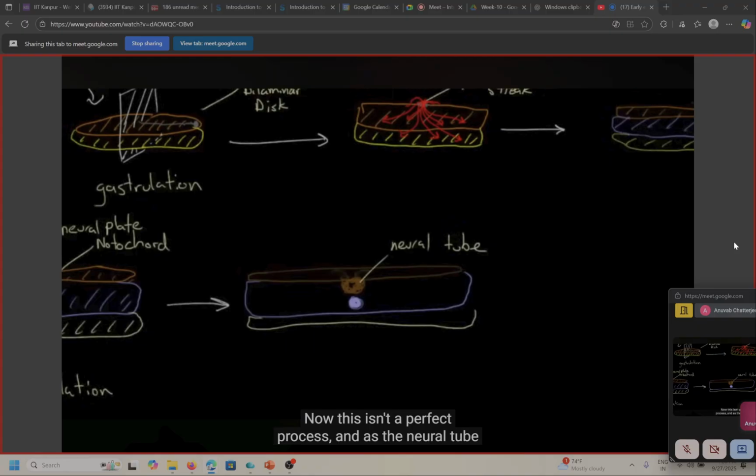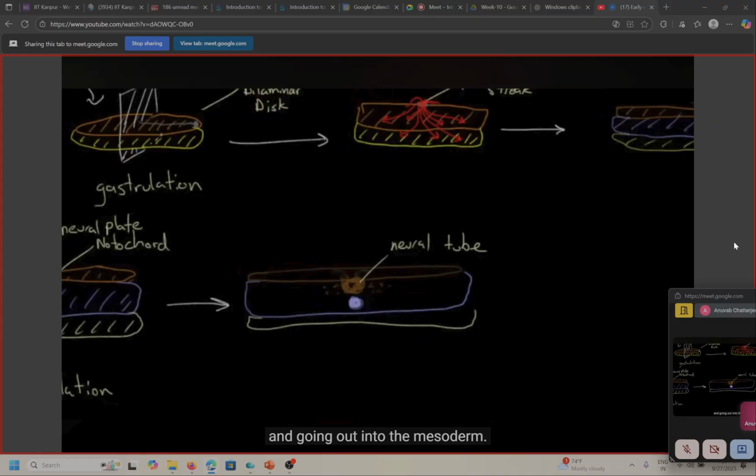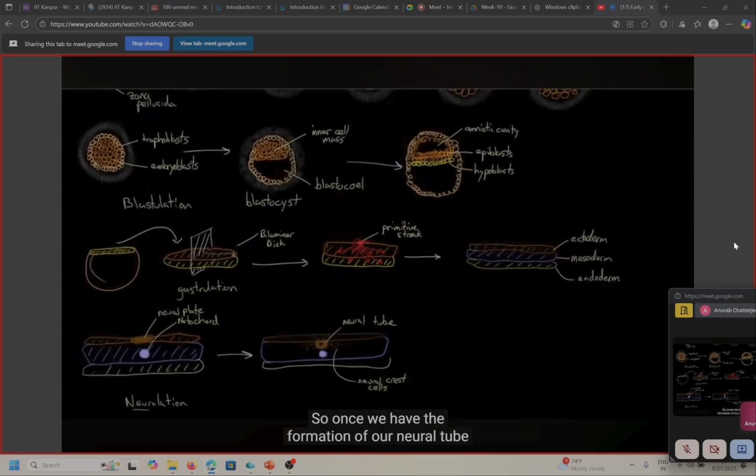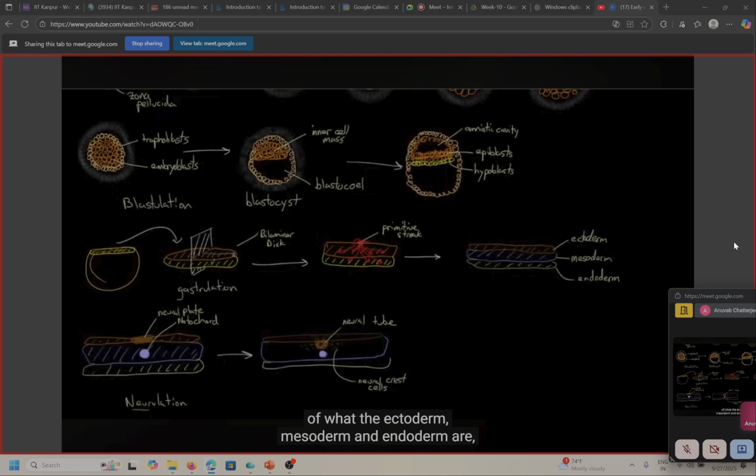Now, this isn't a perfect process, and as the neural tube is zipping up from one end of our pancake to the other, little cells are breaking off from the ectoderm and going out into the mesoderm. Now, these cells actually have a very important role as well, and will go off and differentiate into their own special tissues, and these are called neural crest cells. So once we have the formation of our neural tube and our neural crest cells are diving off into the tissues and differentiating, and we have a pretty good idea of what the ectoderm, mesoderm, and endoderm are,